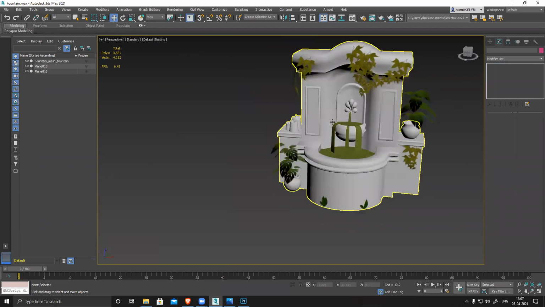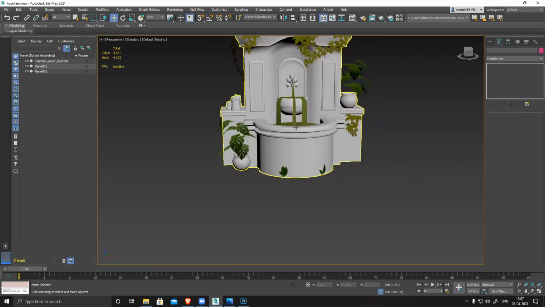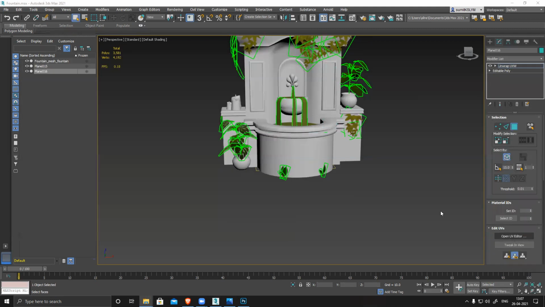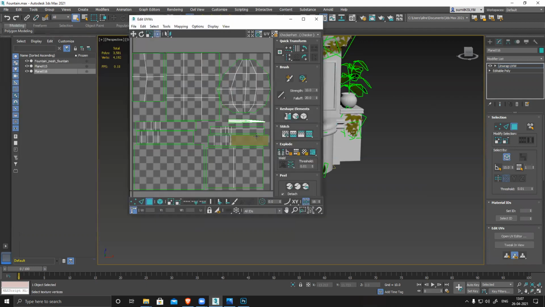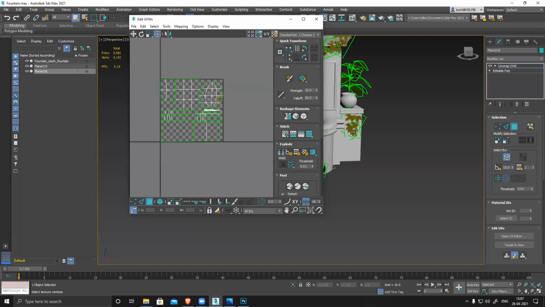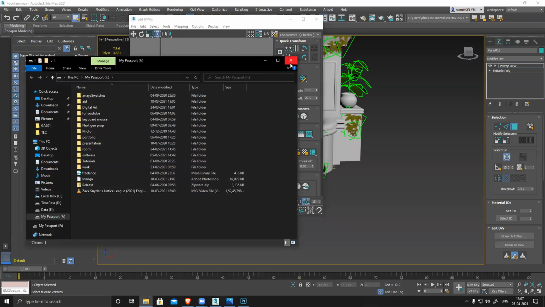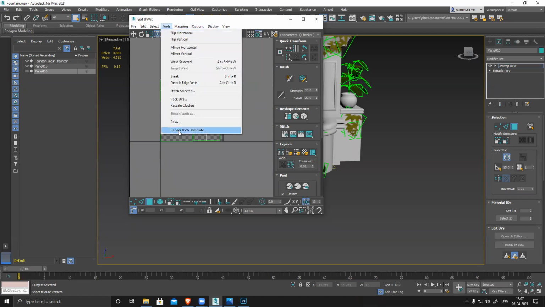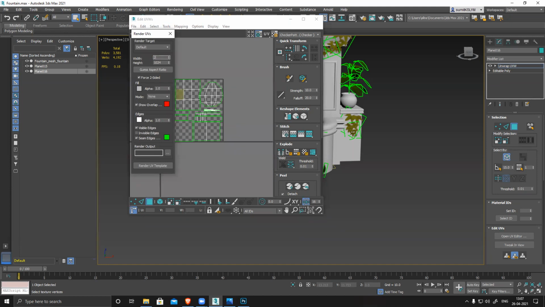So you can see my basic texture for this is ready, and this is also ready. In my UV, I have this base area which is empty. Only this section I need to make solid and green, and for this area I need to create a texture. To do it, I have to export this UV map to Photoshop, and then generate everything. So I'll go to Tools, Render UVW Template. My texture size is 2048 by 2048, and then render.